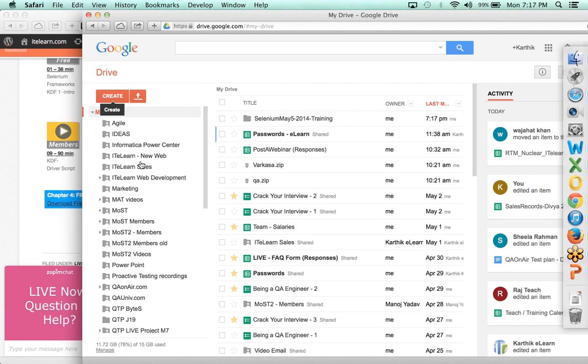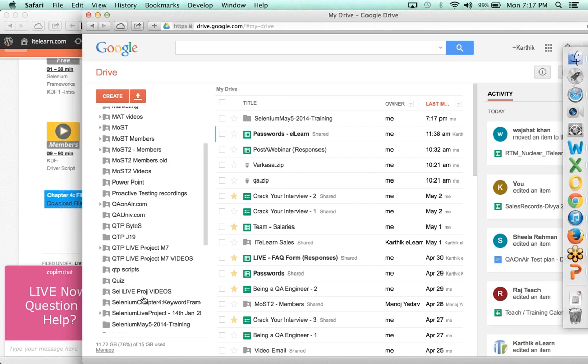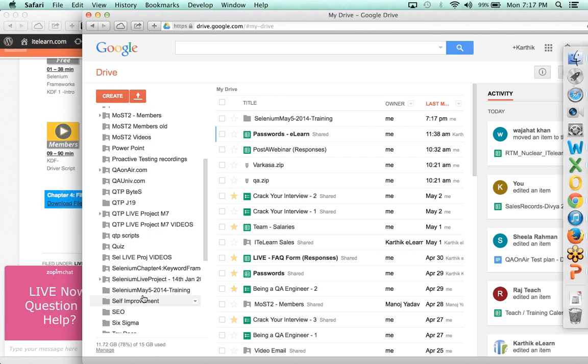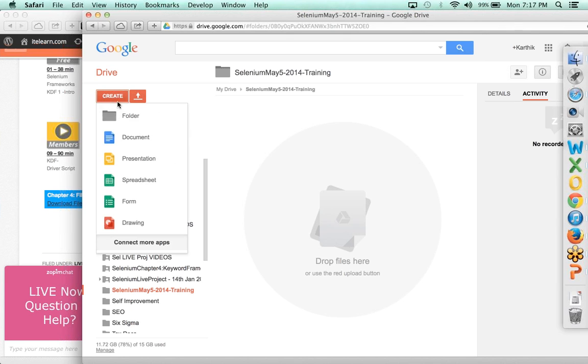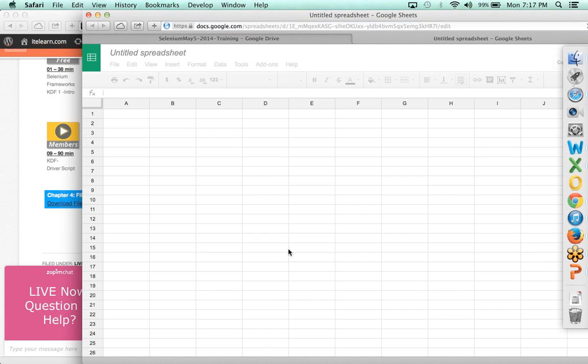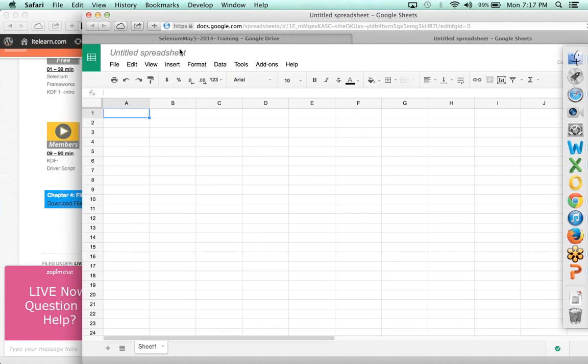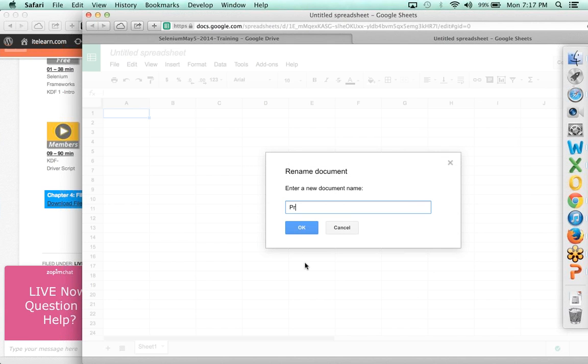Right? So everything that we'll do, I'm going to put it in here, and we will share either this folder directly with you, or we'll create a dump of it and put it there. In here, I'm going to create a quick spreadsheet. I'm not doing it in Microsoft Excel directly because it's the same content. At least this way I can easily share it. So this is project 1,